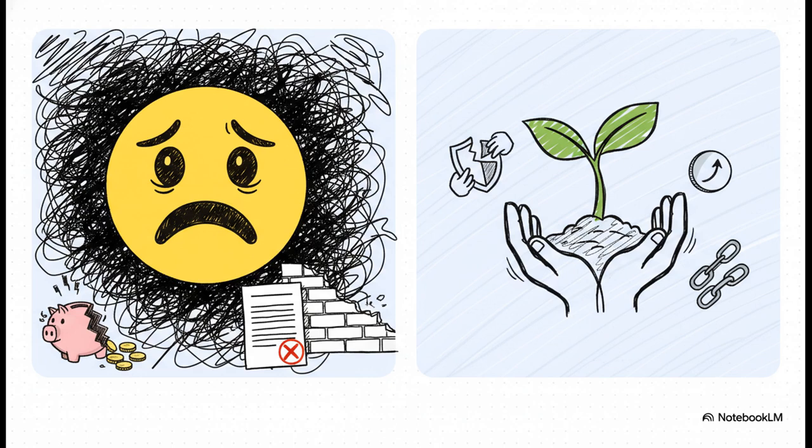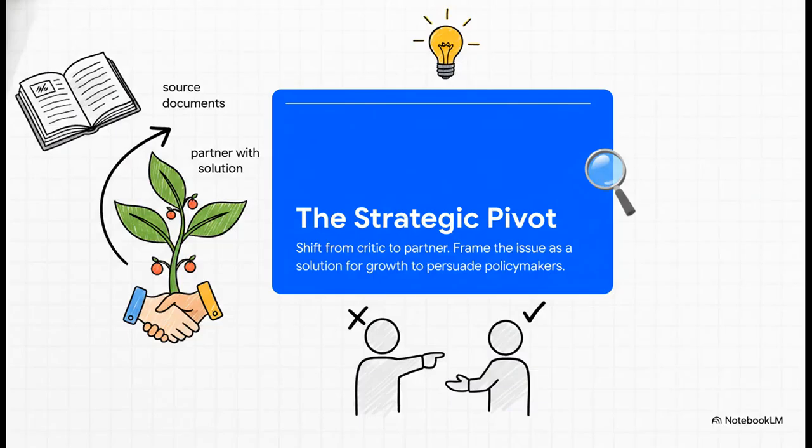It's fascinating. On one side, you've got what they call the math of misery. It's all very stark, negative language designed to hammer home the problem. You see words like deficit, non-compliant, erosion. But then, on the other side, you've got the hopeful green strategy. It takes the same issues and reframes them with positive, solution-oriented language: restoring, investing, strengthening. So why do this? What's the point of this pivot? Well, it's all about positioning. The goal is to shift from just being a critic pointing out problems to being a partner who's bringing a solution to the table. The source documents suggest this kind of positive framing is way more likely to persuade policymakers. Because, who doesn't want to be associated with growth and positive outcomes?